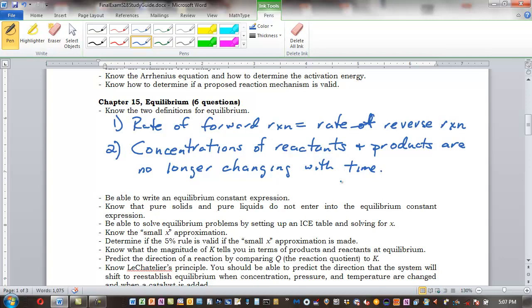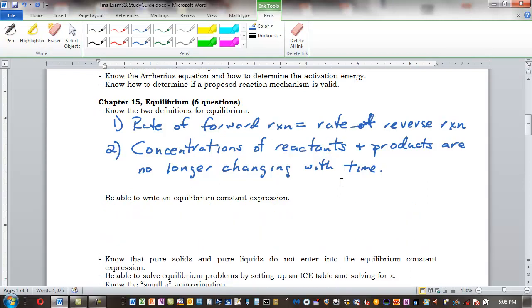Now, it doesn't mean the reaction has stopped. It's a dynamic equilibrium. There's continuous reaction going on. It's just that the 2 directions are going at the same rate. So those are the 2 definitions of equilibrium. I think you can all write an equilibrium constant expression by now. Is that true? Make sure you know that in this chapter we talked about both writing